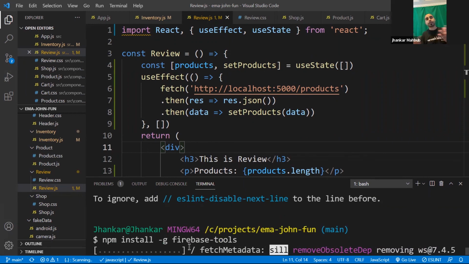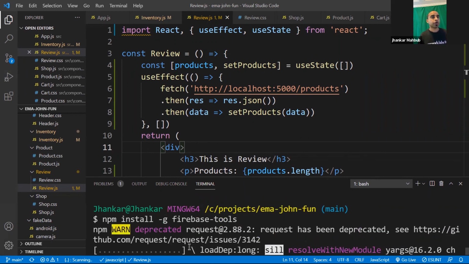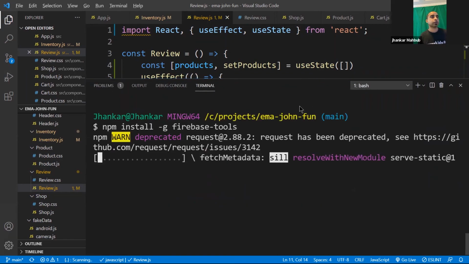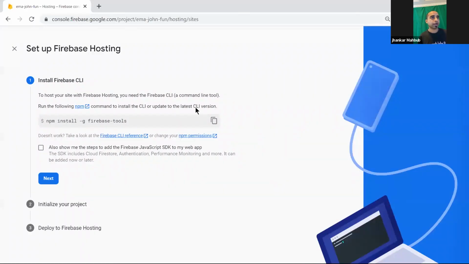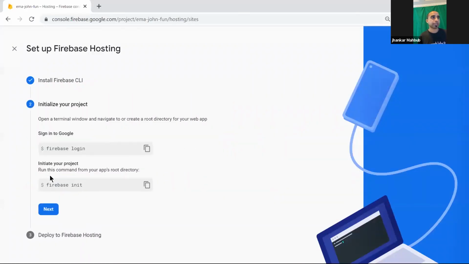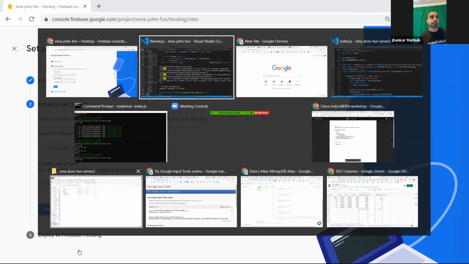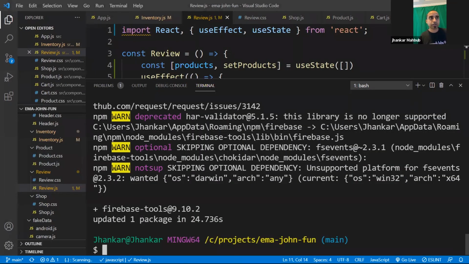That means if you have other projects, you should be able to use those things there. And it will take a few seconds to install. Once you have this one, you need to go to the next steps. The next step is the Firebase login. That means Firebase would like to know who the user is, and then you need to initialize your projects and do a few other steps, just a series of commands. That's it. So the installation is complete.